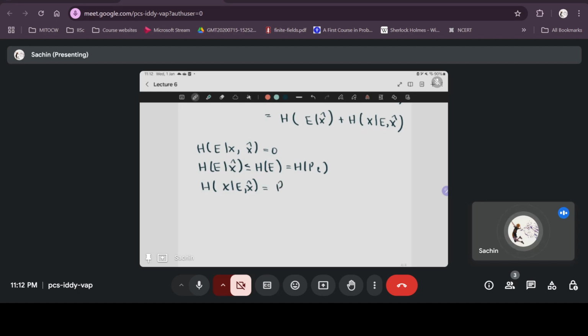This can be written as probability E is equal to 0, H(X given X hat, E equal to 0), plus probability of E is equal to 1, H(X given X hat, E is equal to 1). That comes directly from the definition of a conditional entropy. Conditional entropy is the average over all values of the conditioned variable into the